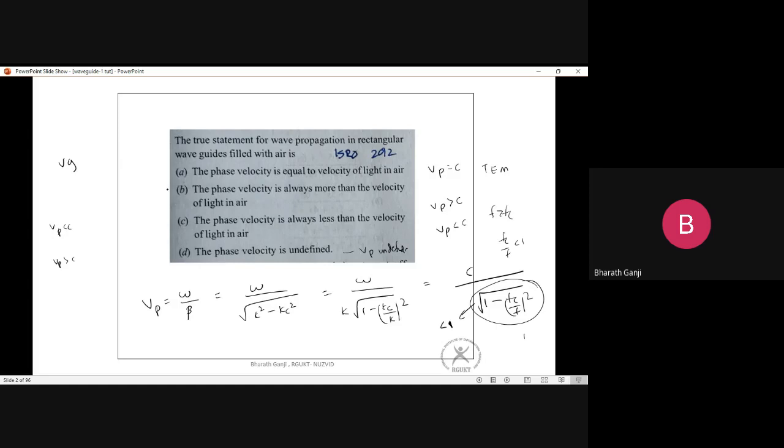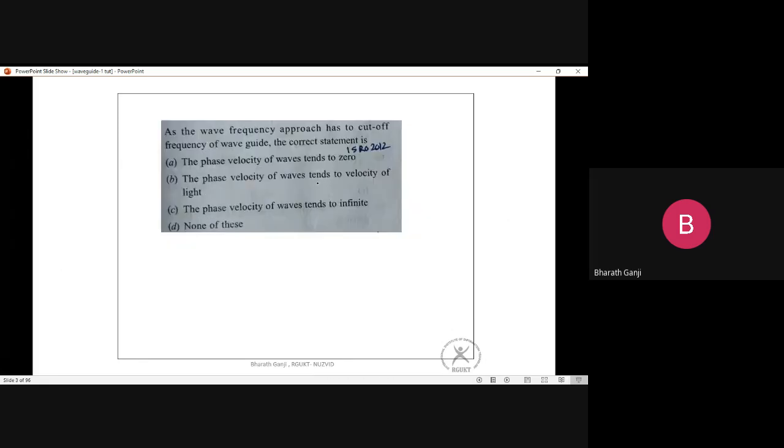So your option is B. Let us go to the next one. This is also kind of the same thing. As the wave frequency approaches the cutoff frequency of the waveguide, the correct statement is: